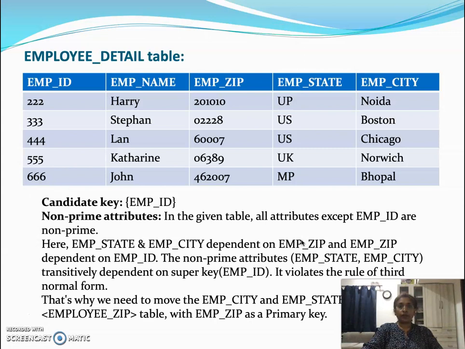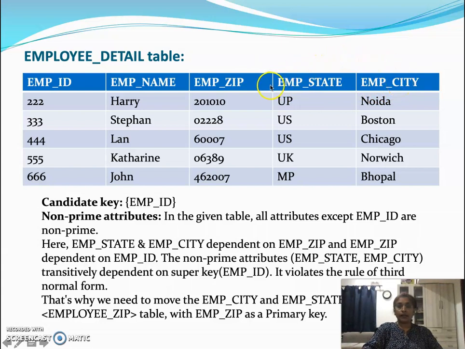In this employee detail table, we have the following columns. Here we see that EMP name is functionally dependent on EMP ID. EMP zip is also functionally dependent on EMP ID, but we see that EMP state and EMP city